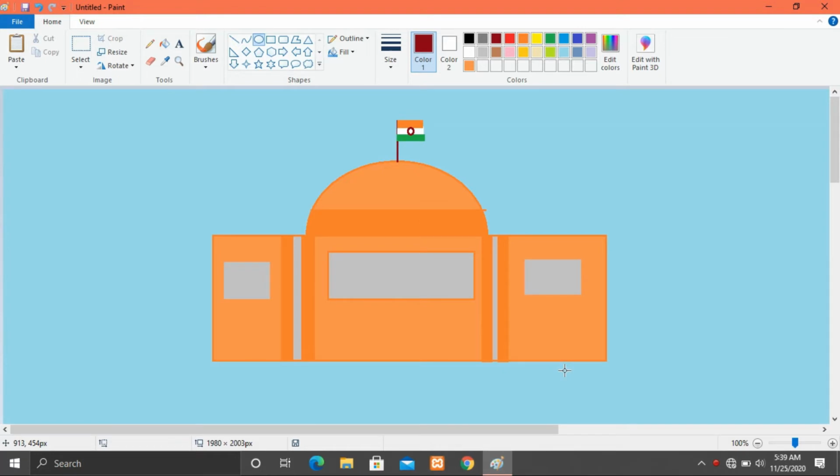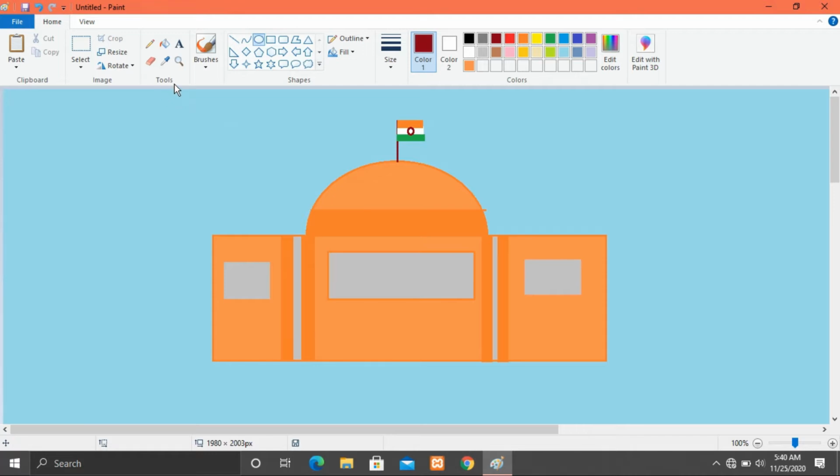So, let's start. Here you have seen I have made one picture, and this is the president house. What I'm going to do here is insert the name of this house. Which tool am I going to use? Here I would like to use the text tool to insert some text inside this picture. So where is the text tool?